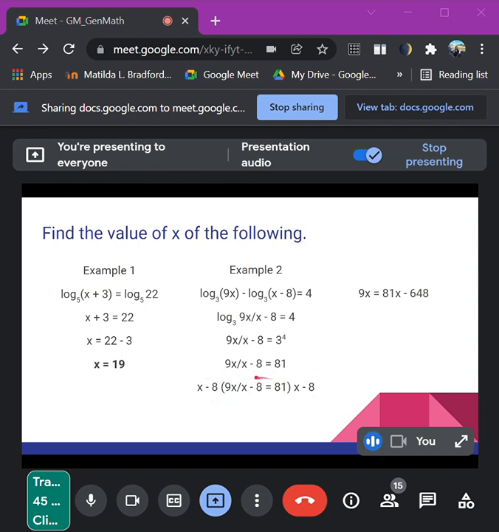Kuha na siya ha, 9x over x minus 8 equals 81. And then, i-multiply na ko both sides by x minus 8 para makancel ang x minus 8 diri. Okay? And then, ang mabilin is 9x na lang. And then, here, nag-multiply man sa right side. So, you have there 81 times 8 minus x. So, 81 times x, 81x, 81 times negative 8, that is negative